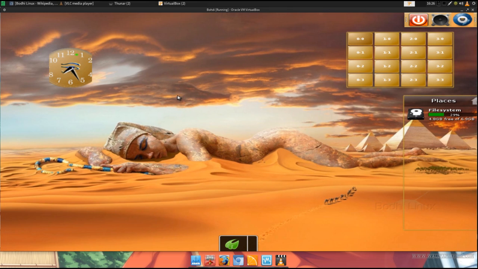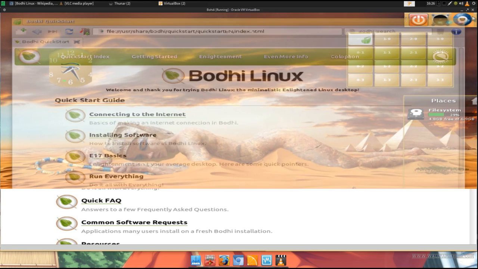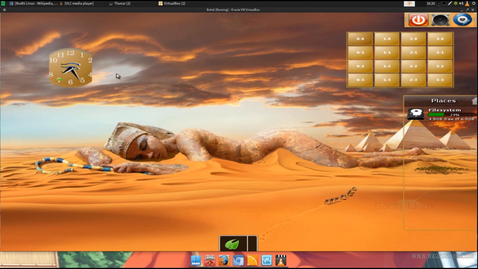I haven't installed anything else onto the system. At the very bottom we have the launcher, and Midori is already pre-installed into that launcher. When we bring Midori up, we come to a quick start guide that Bodhi Linux has included with their installation, which is very nice, especially for people just coming to Linux. Close that. We also get a clock,